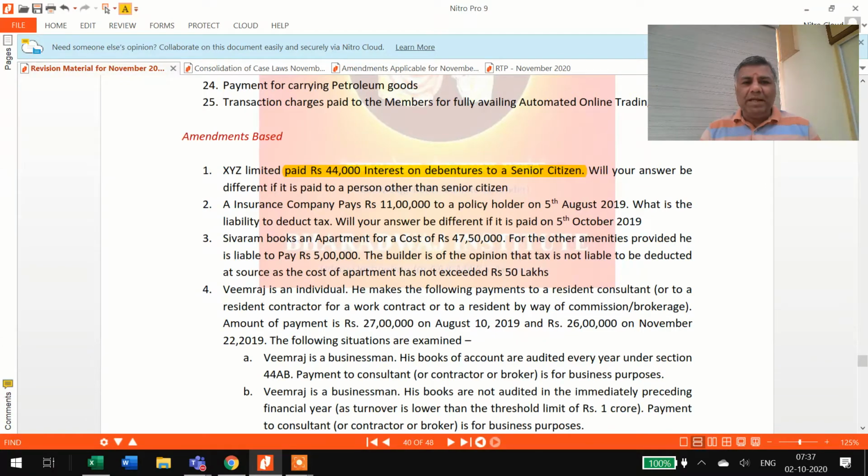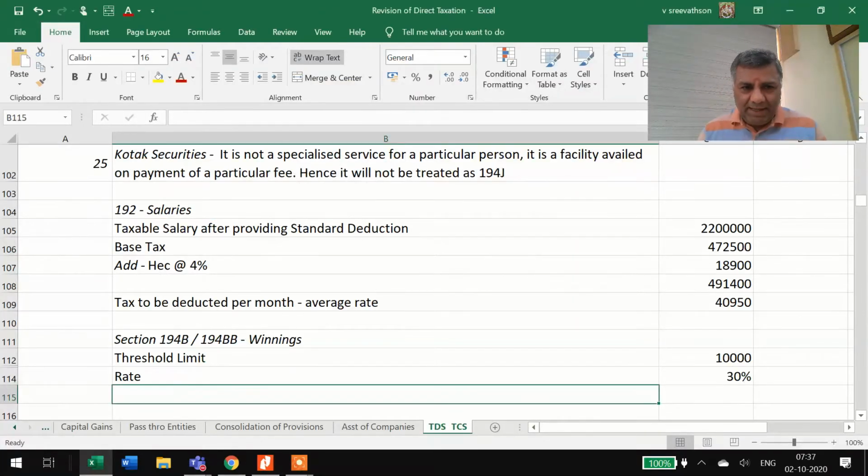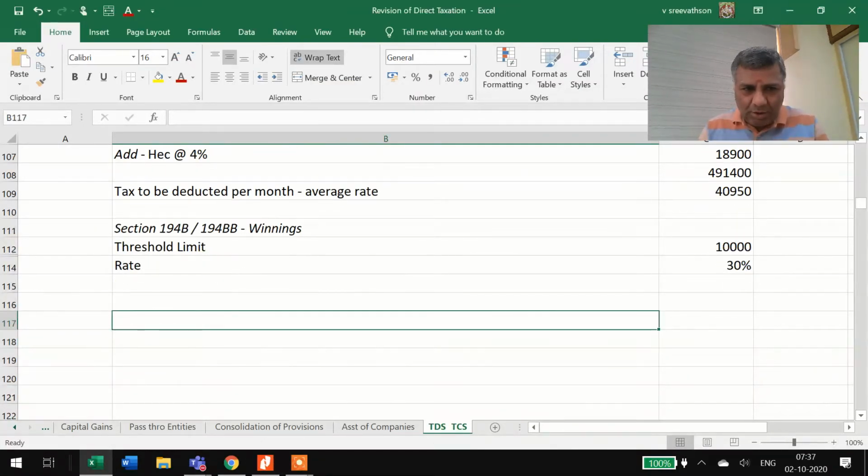Will your answer be different if it is paid to a person other than a senior citizen? The answer is no, the tax is zero. First, let me clarify why I am making this point. You have to understand,